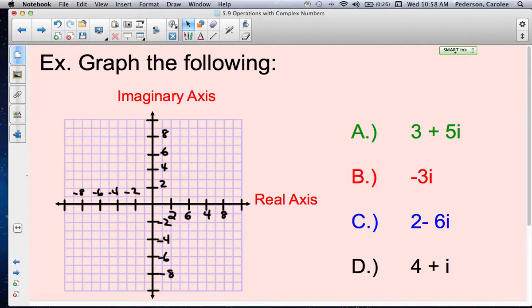3 plus 5i, the green one. So the first number represents the direction you go on the real axis. Since it's a +3, we're going to go in the positive direction on the real axis. The second number in the complex plane is your imaginary, and we are also going in a positive direction. So when we graph this, we're going to go 3 units to the right,